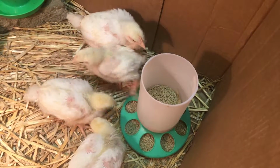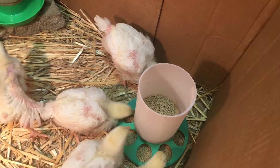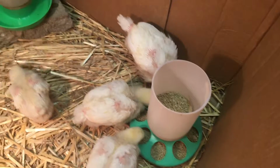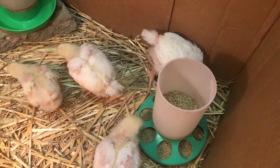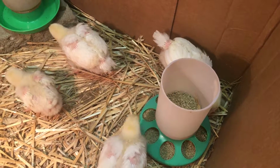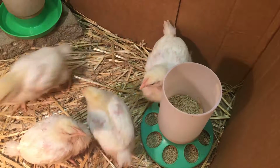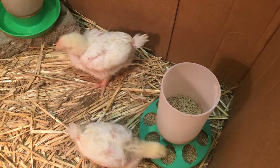You can use PVC and make your own troughs and everything. I've done that. You watch any of my other videos with my layers and you'll see a trough type system in there. Pretty inexpensive to build. You can build one yourself for under 10 bucks. I think at Lowe's the 3-inch PVC, like a 5-foot section, is probably $5 or $6, and you can just cut 8 inches off of that and get you a